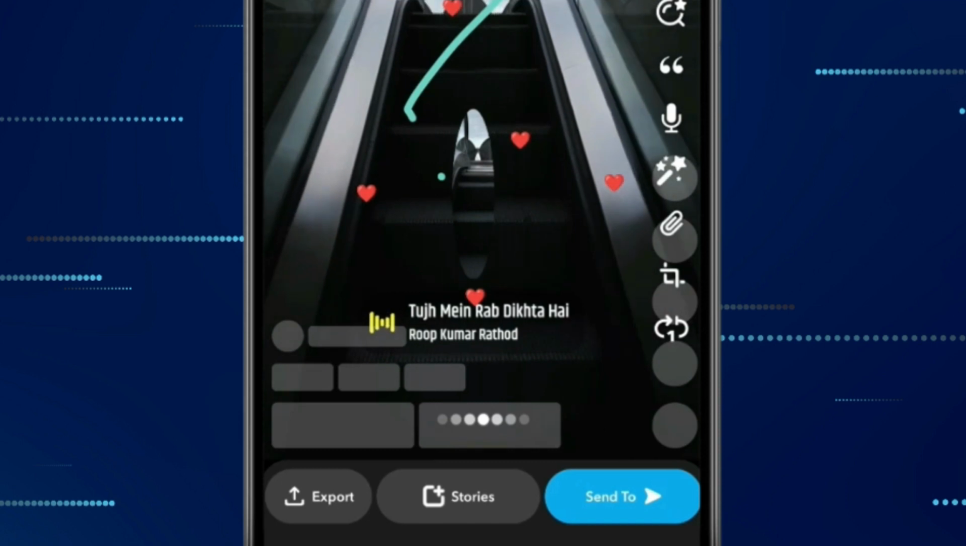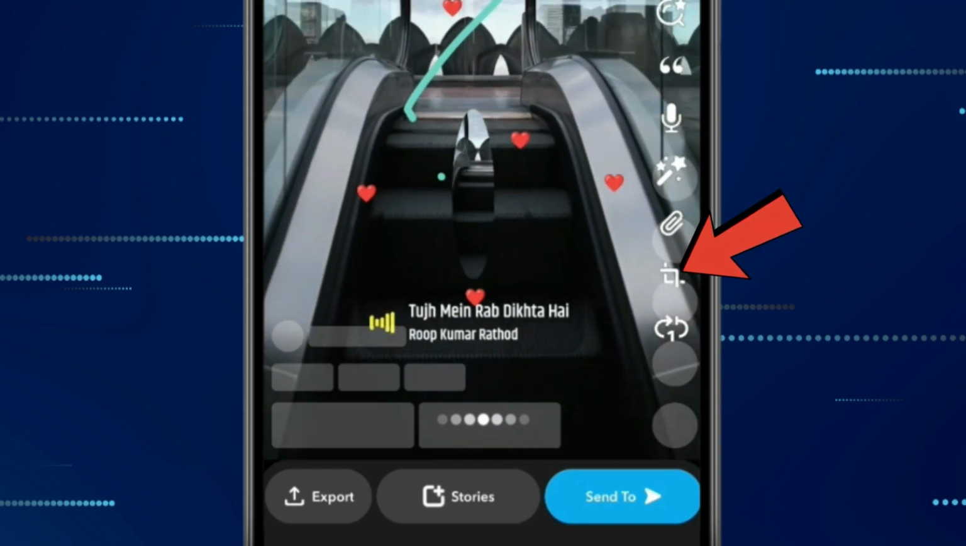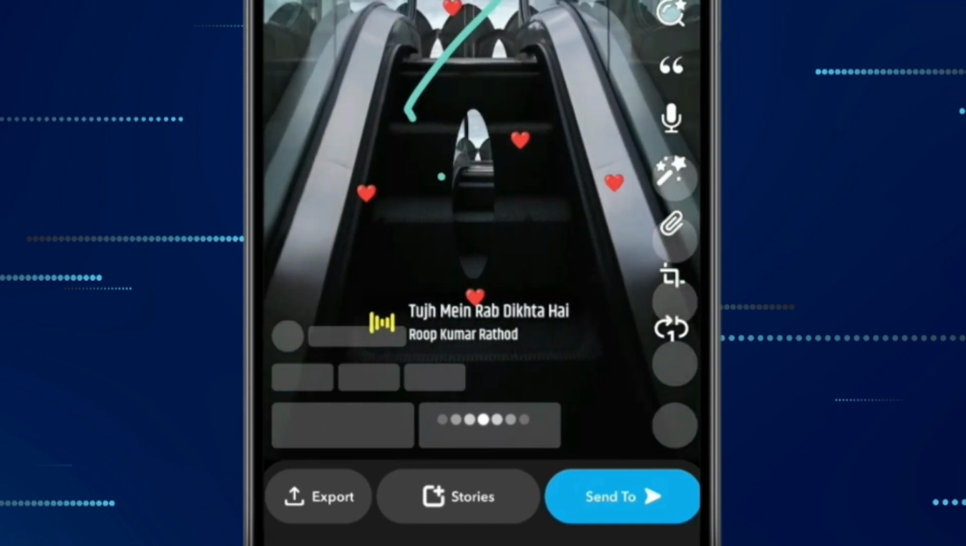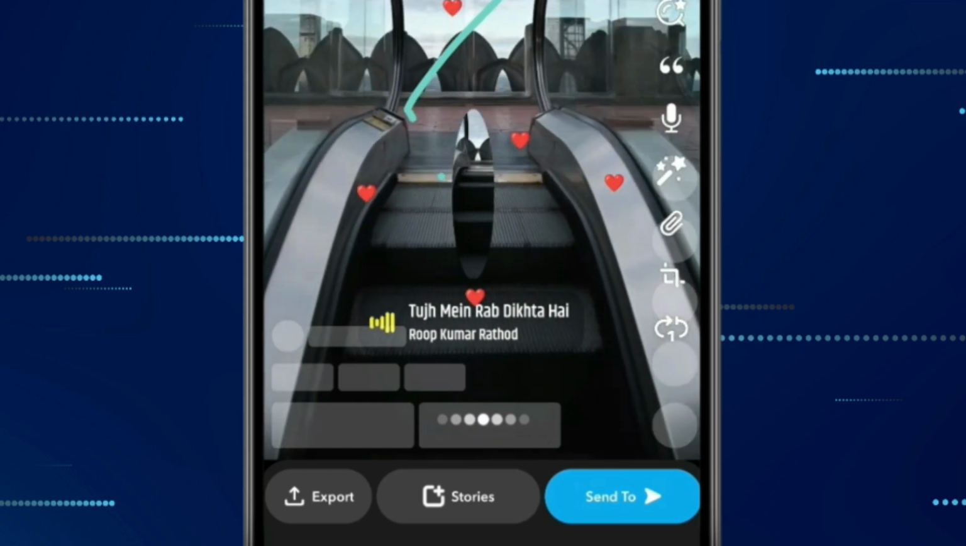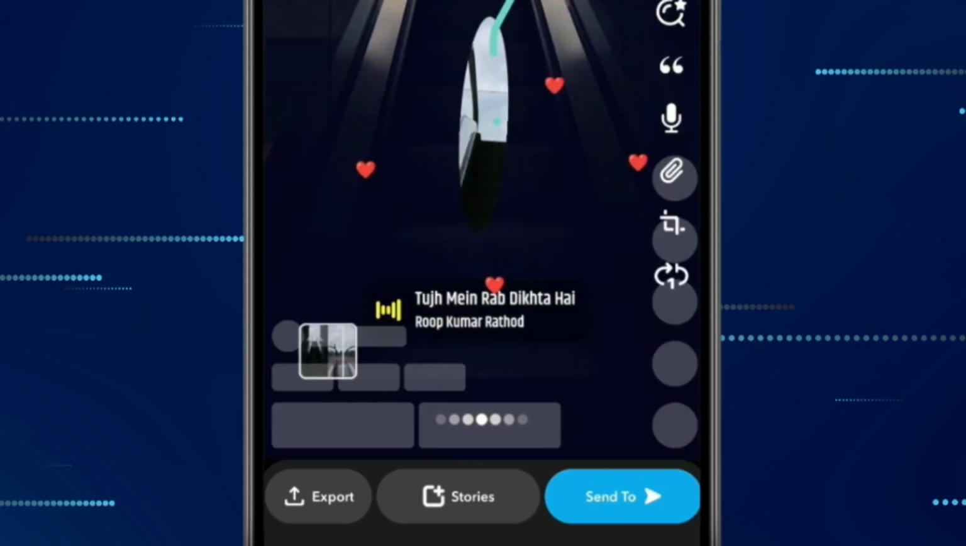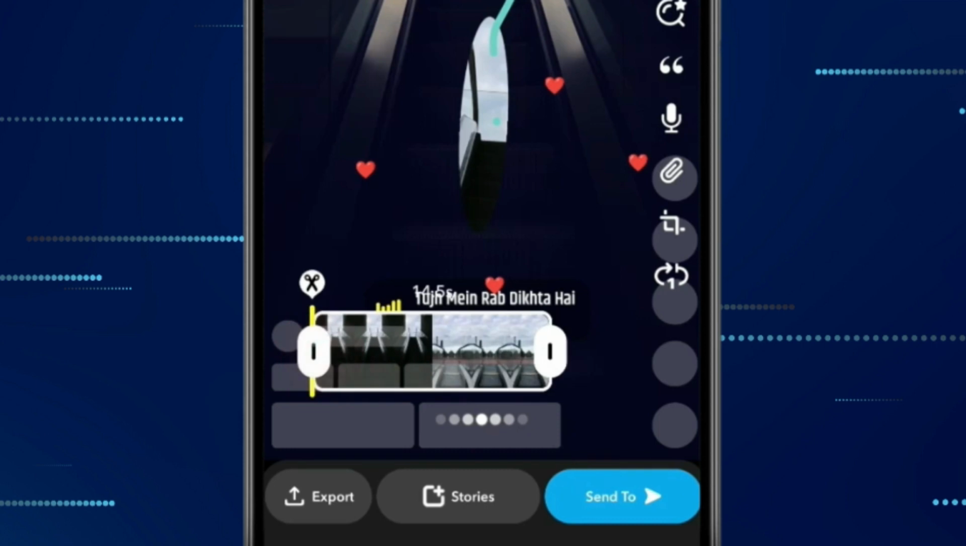Now if you want to crop your video, you can do that by this icon. And if you want to make your video in loop, then you can do that by this icon. And if you want to trim and cut your video, then tap on this